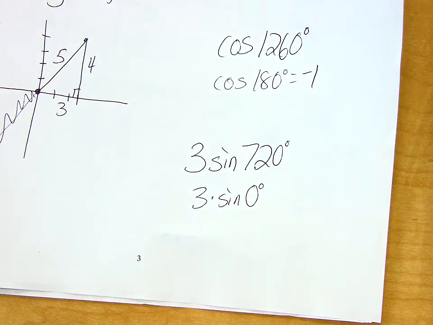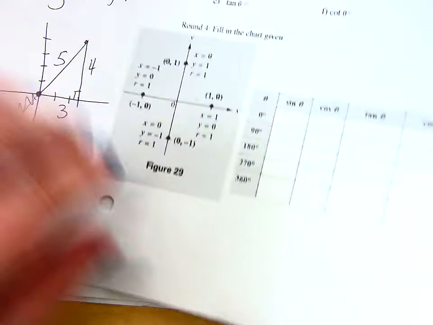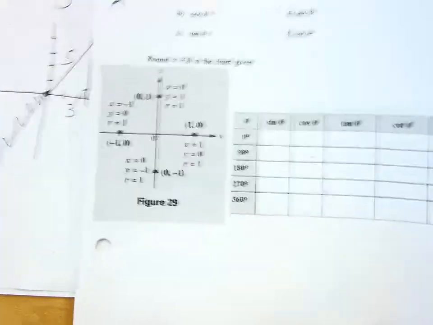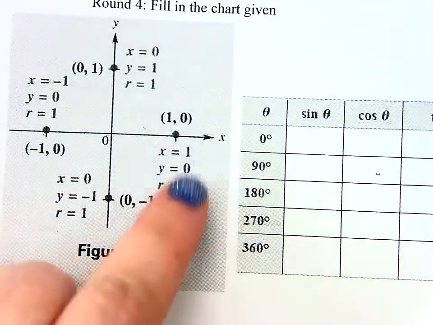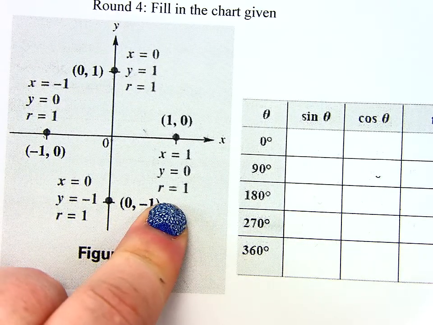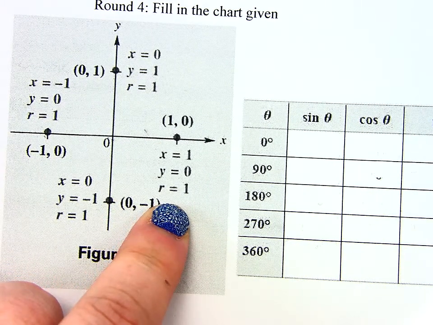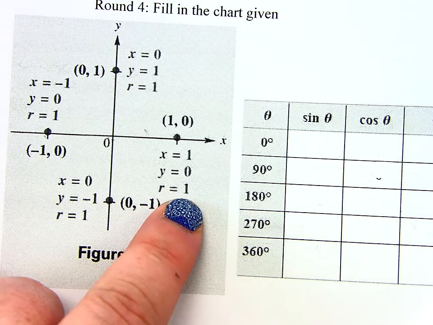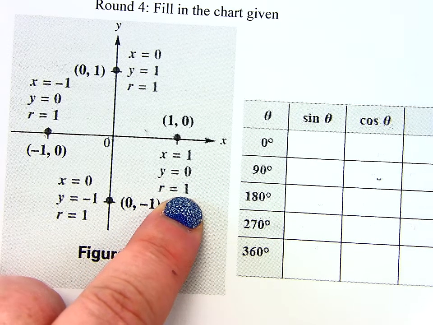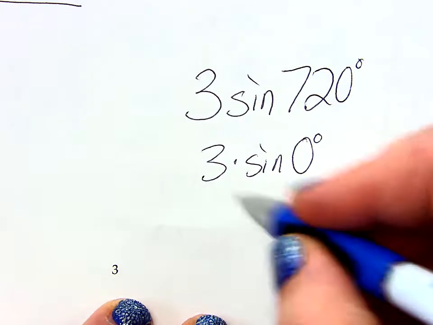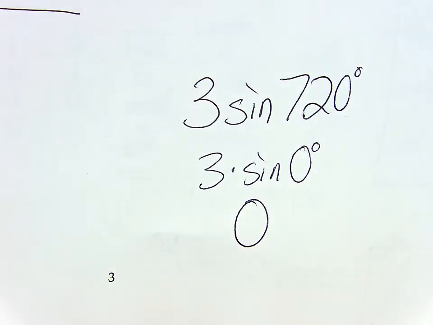Well, what is it? I don't remember. Let's look. We have this chart. 0 or 360, you're going to use these values. Sine is y over r. So it's 0 over 1. So the sine of 0 is 0. So 3 times 0 would just get me 0. That's it. Okay? Does that make sense? Everybody's all right? Kind of? Okay. So let's shut this